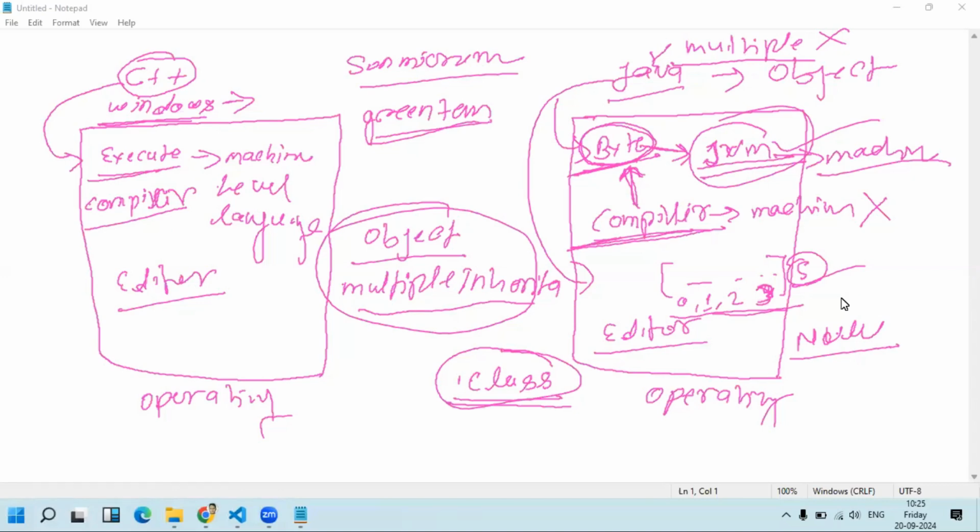But due to this JVM, it's a very popular language in this world. So by using Java, what can developers do? In this era, Java is used to develop enterprise applications. Enterprise applications means software that is something big, right? An example of an enterprise application service is AWS, Amazon Web Services.